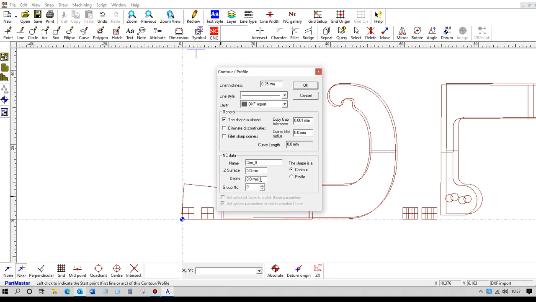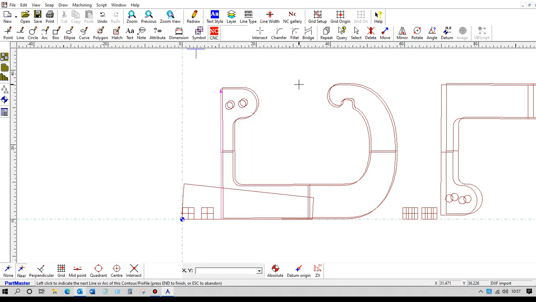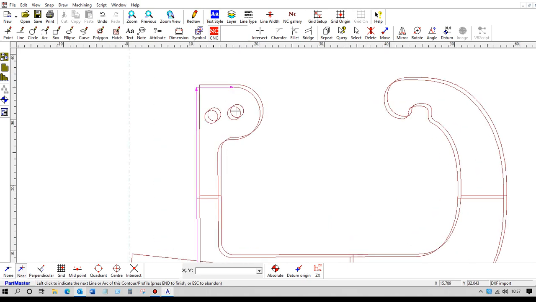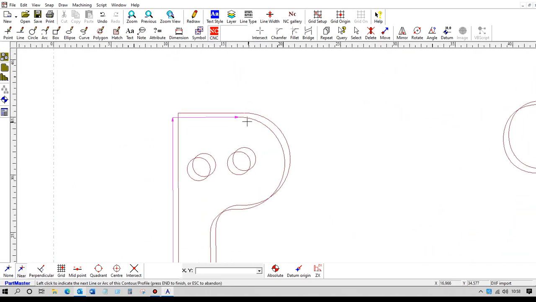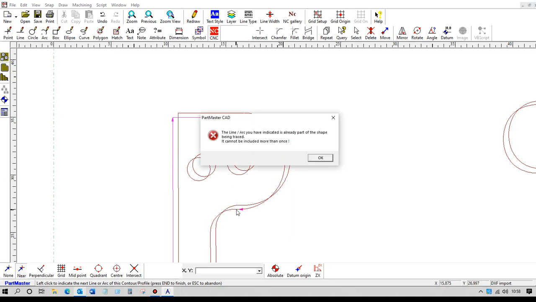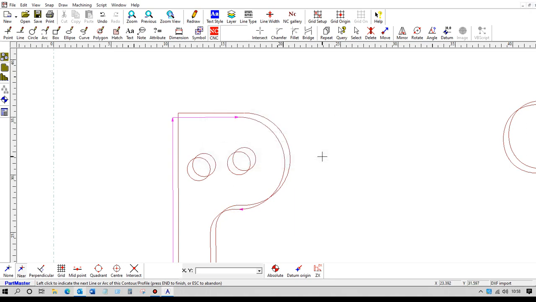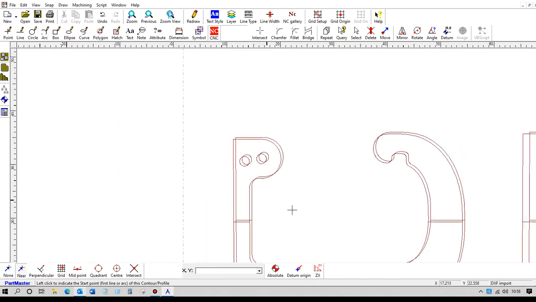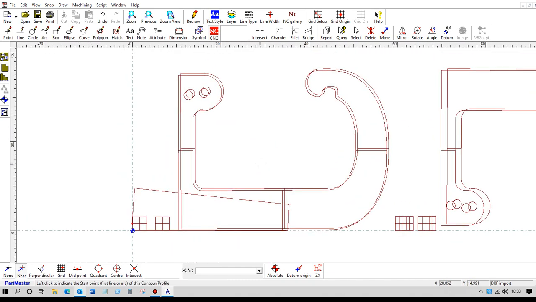So what this is attempting is to produce a polyline which we can take into the Wire EDM system. But as you can see, there are decisions to be made at each one of these elements, which suggests there are more than one particular element in this DXF file. So if I just press escape to abandon that and then just zoom out,